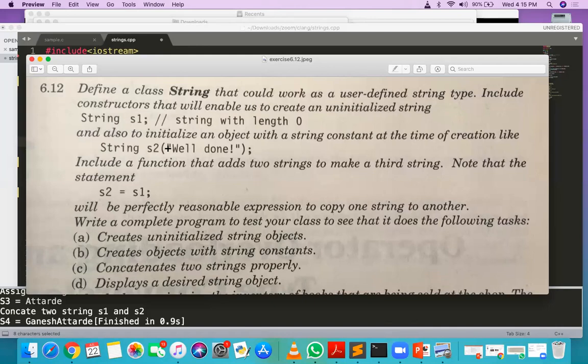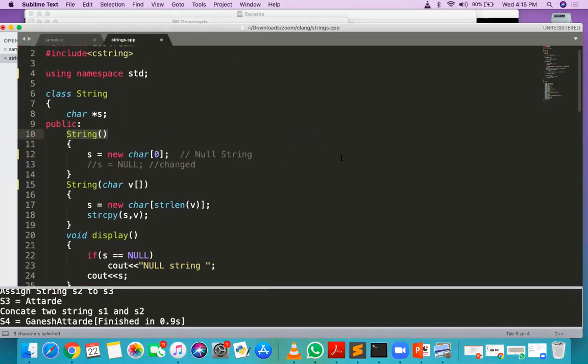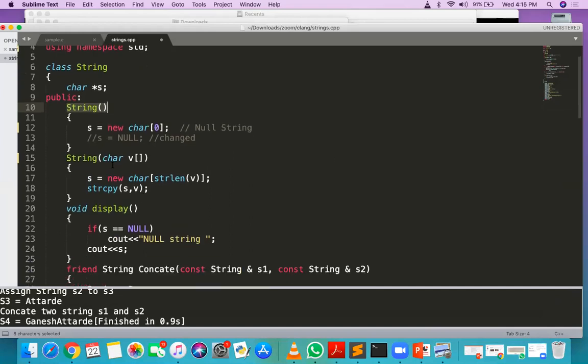Now the next one is to initialize an object with a string constant at the time of creation, like string s2("well done"). Now what is "well done"? It is your character array.